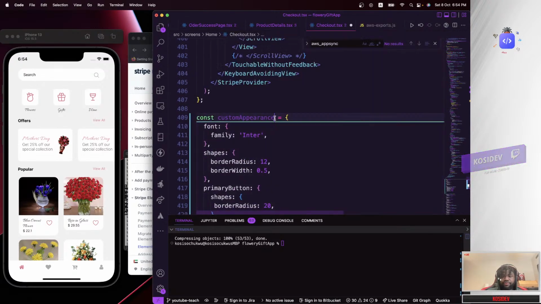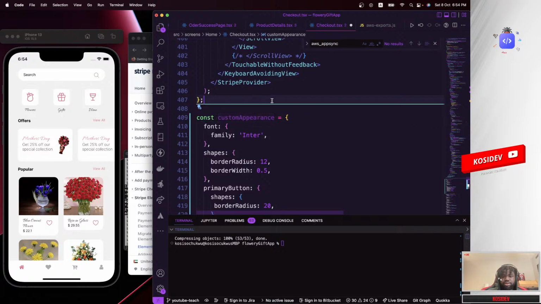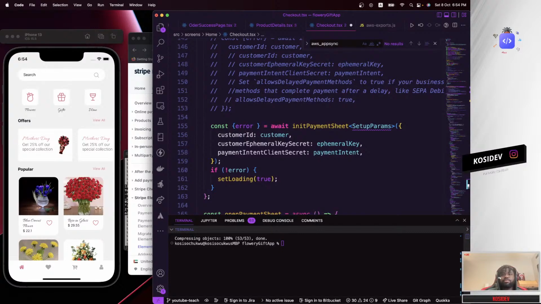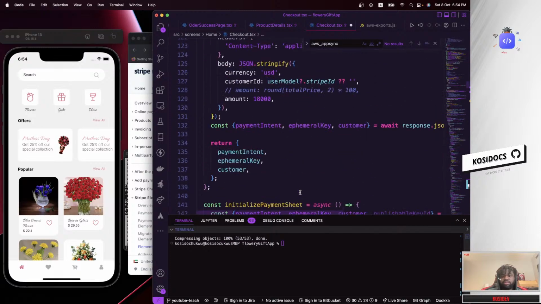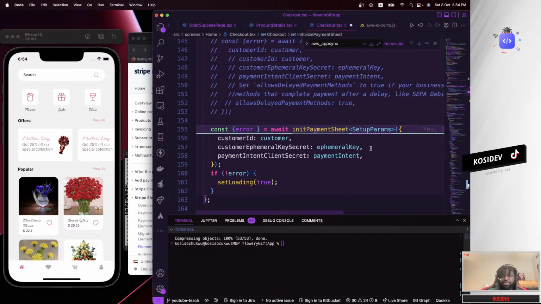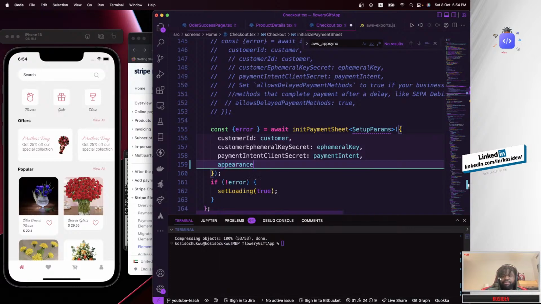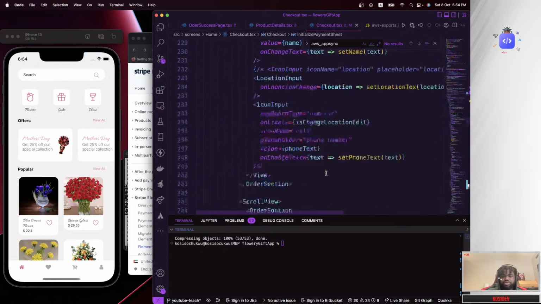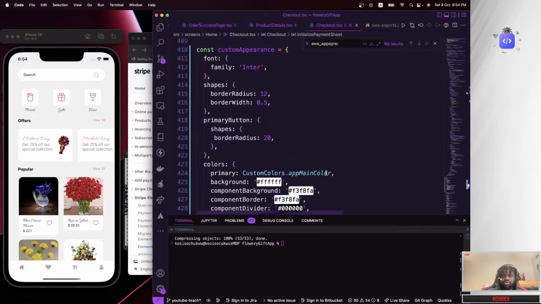You have to add this in here, inside initPaymentSheet. There's a property called appearance, and appearance requires a JavaScript object. So you pass the object right here, and if you go ahead and save this right now, let's go back and see the changes that we made.